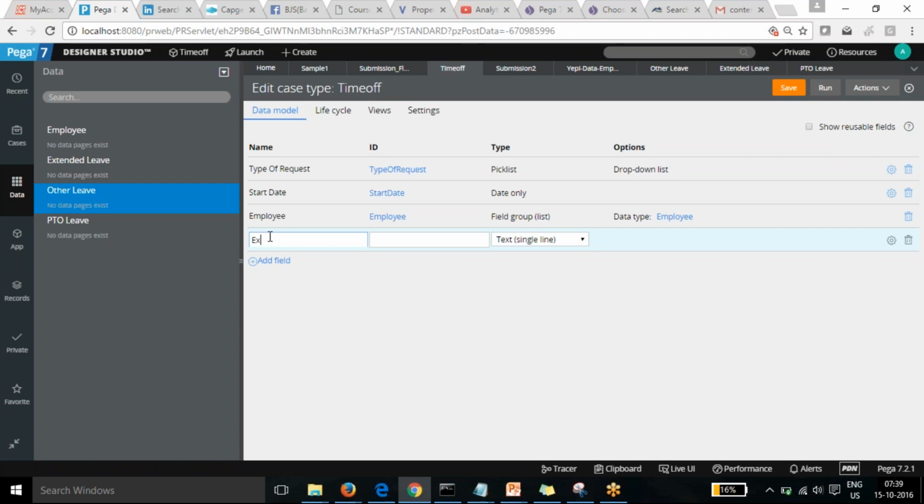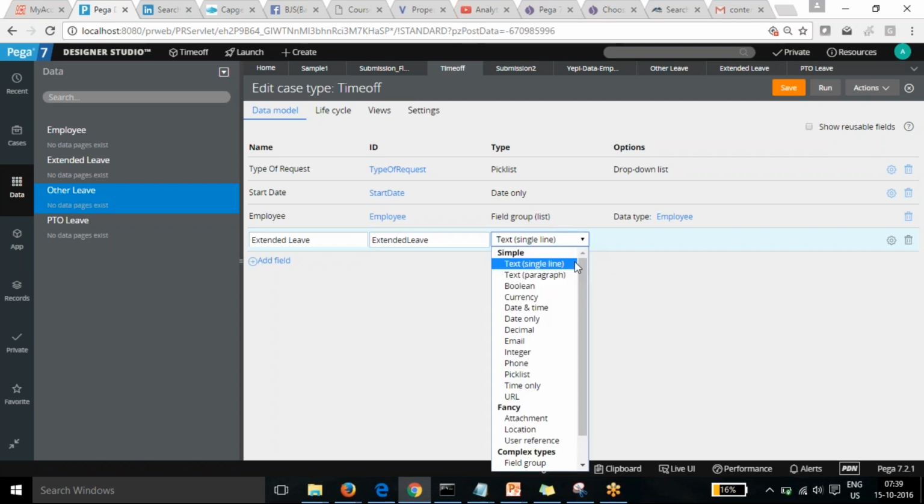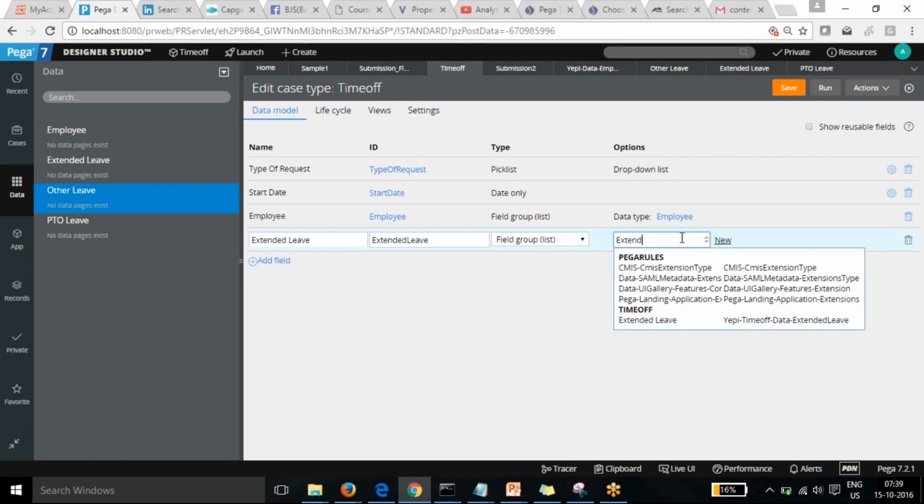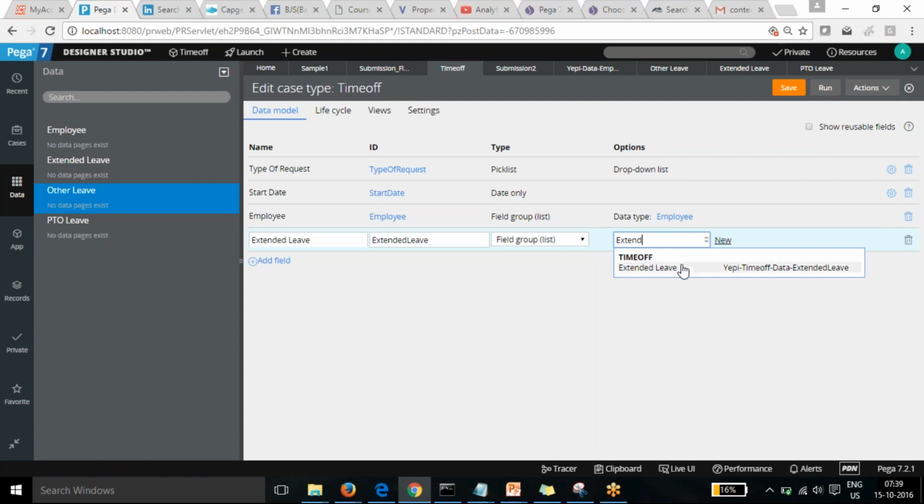There we have just created the data objects. We have not created them as part of the case. So I need to create them here as well. Extended leave. Okay, and the problem I have is I need to create all of them as a list item only now. I cannot show you the problem to create a single item. So I can choose that. So that data object can now be part of this leave, the same way for PTO and the others as well.